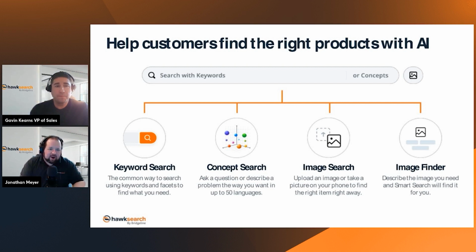analyzing the images of your product catalog and letting you type in a search basically for the image that you're looking for. And so we've seen this being useful for our B2C clients who maybe have a retail book example. People can describe the cover of that book and it'll search the images of those covers to find an exact match. So some really cool use cases in each one of these,